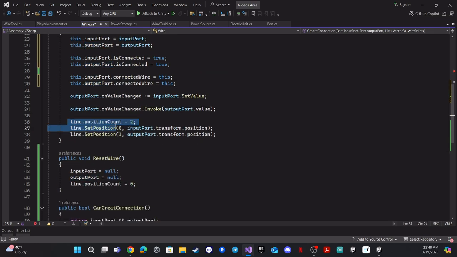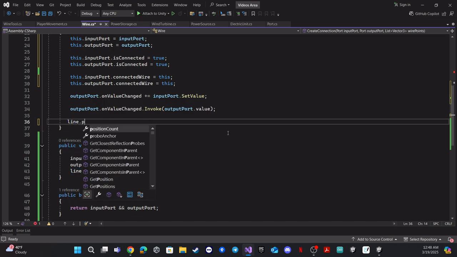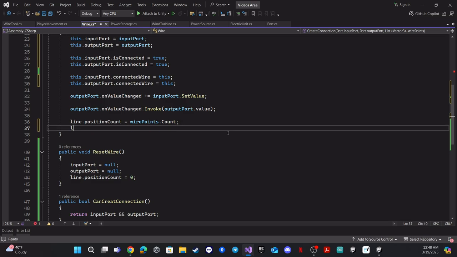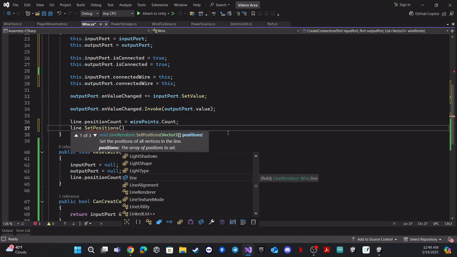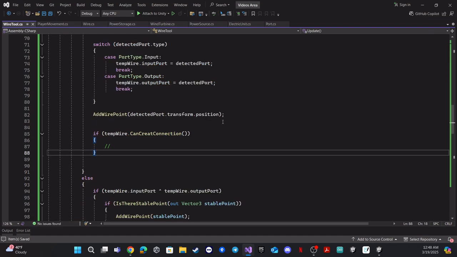Right here, you need to change this. So the line position count is equal to wire points dot count, and also line dot set positions. This takes an array of Vector3, and we have a list, so we need to convert it to an array. And yeah, so let's go back to our wire tool,